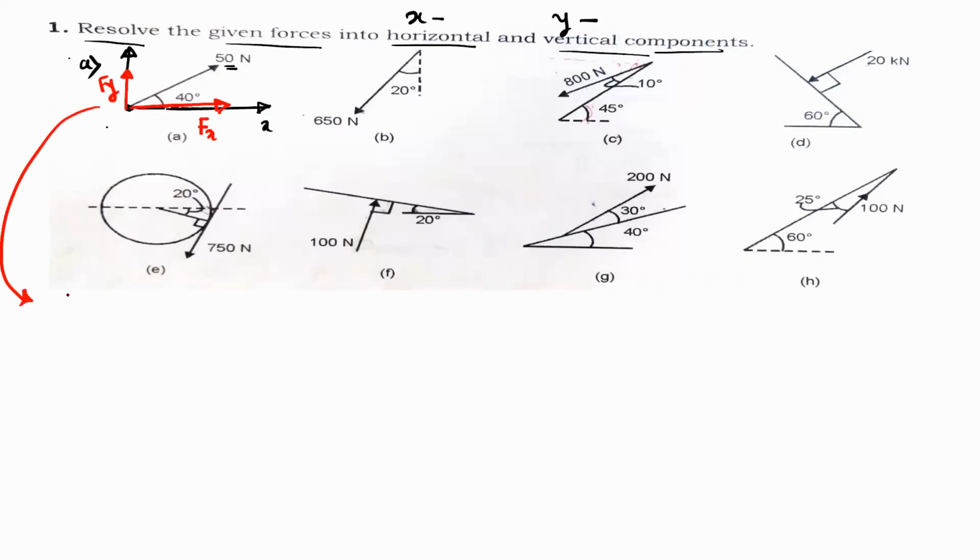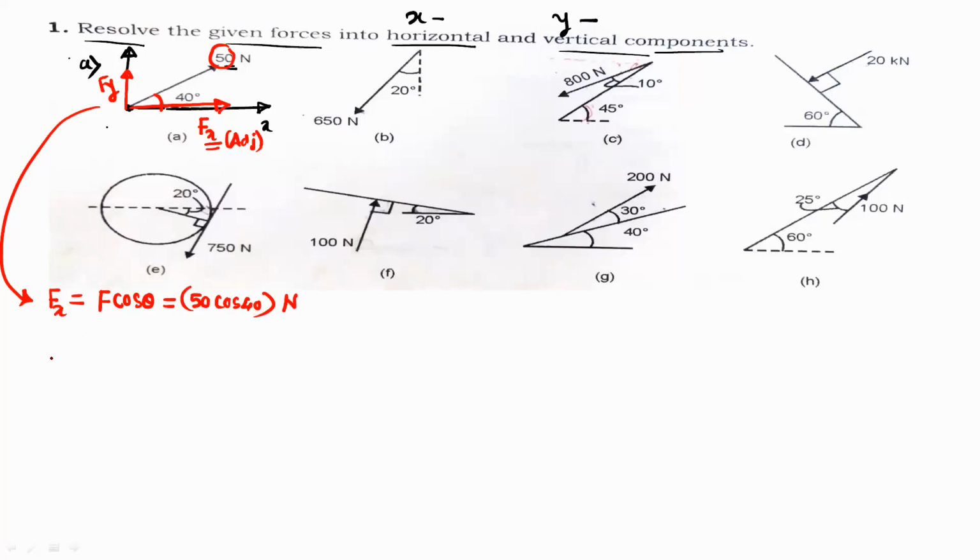So we can write the value of Fx. The force is 50 Newton, given in the first quadrant, and the angle 40 degree is given with respect to the x axis. So the x component will become the adjacent component, and always remember the adjacent side is the cos. So Fx is equal to F cos theta, that is equal to 50 cos 40.